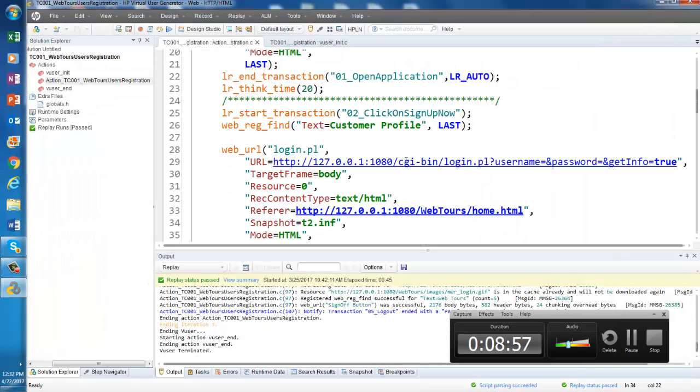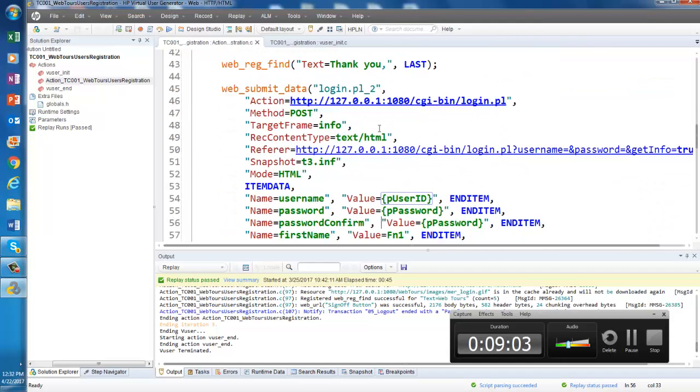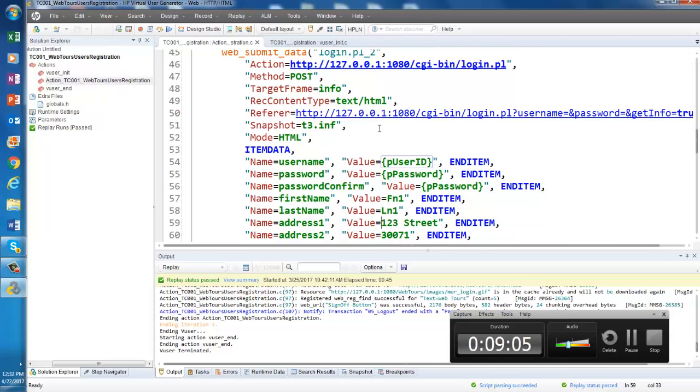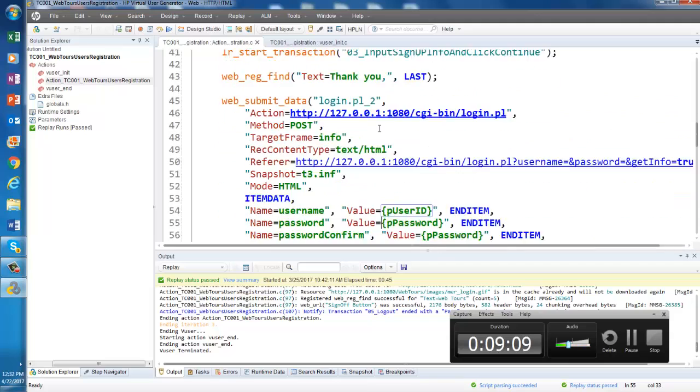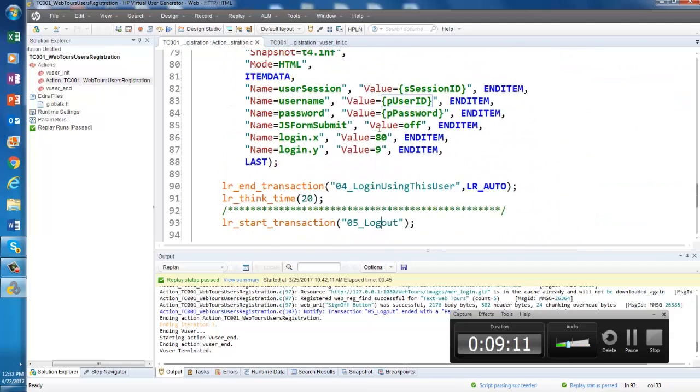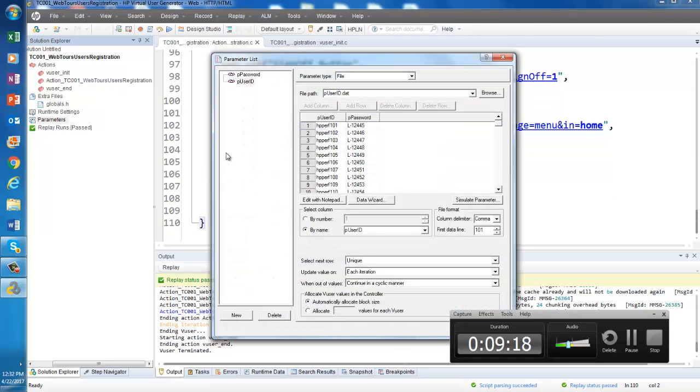Now, guys, let's come here. So we have a script. That is what it is doing: registering the user, and then logging in, and then finally logging out. But this script probably will not work. So what we will have to do here is change the parameters data, because these users are already registered, right?